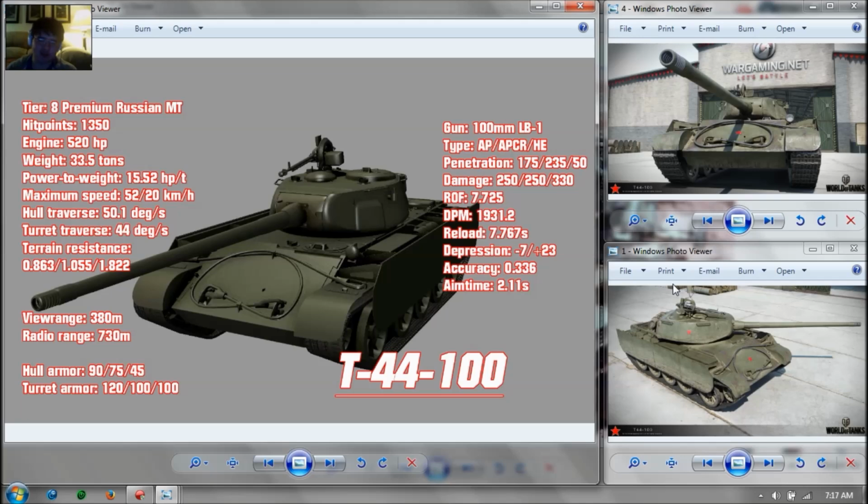So, in essence, to all these clones of the T-54 and T-44s, so tanks like the WZs, the Type 59s, the Type 62s, the other tanks, the T-54 lightweight, and yeah, all tanks look the same. This is the pure example of clone wars that you're ever going to come across, and it's leaving a bad taste in my mouth. So what is a good example of a clone or clone-esque tank that's based on the tanks already in the game? So I want to see this tank for a long time, and I doubt it will ever make it to the live server or even to the test server, which is this T-54,